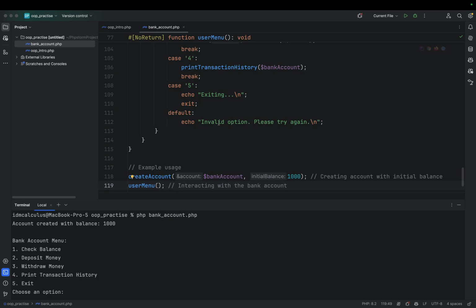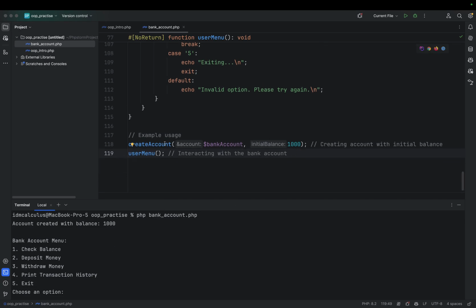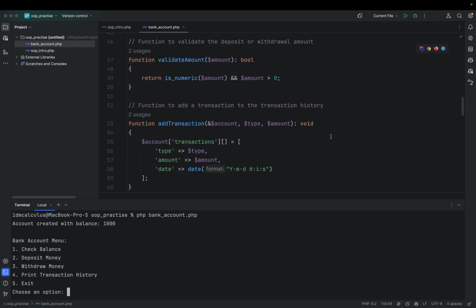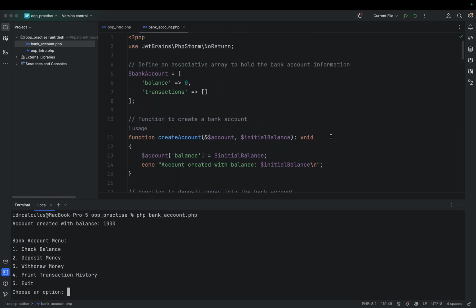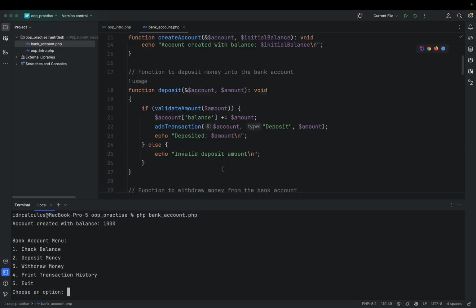So the account is created, and that's just what I have here. Create account, create bank account, and then with a balance of 1,000. So it says account created with balance 1,000. You create an account with an initial balance, and that's basically what this does. So it creates the initial balance, and then we have